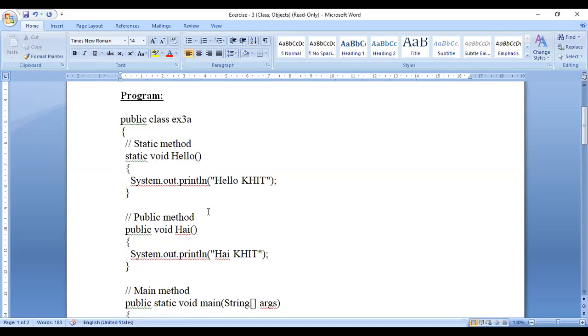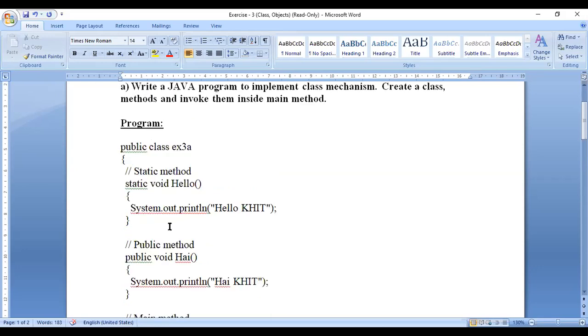This public method is a member of the class, and should be accessed directly through an object of the same class. We will see this process in this example, and we know how to create a class using the class keyword.